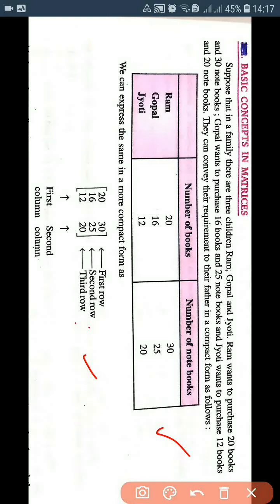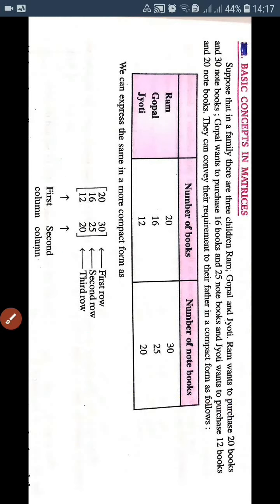Now come to the vertical lines. These are called columns. The first column, what does it represent? It represents the number of books, and the second column represents the number of notebooks. So this information can be written in this form. Such a tabular form can also be used